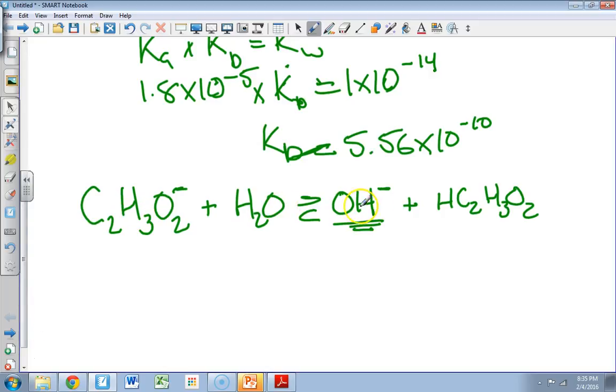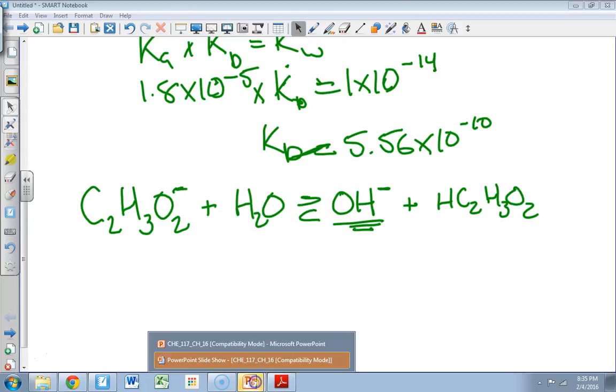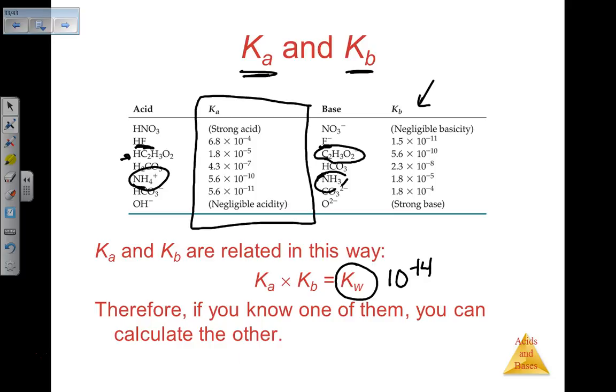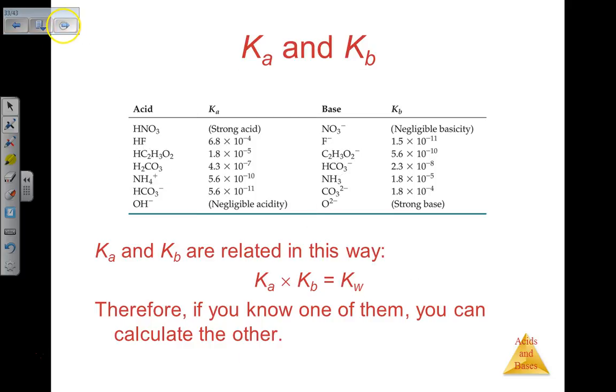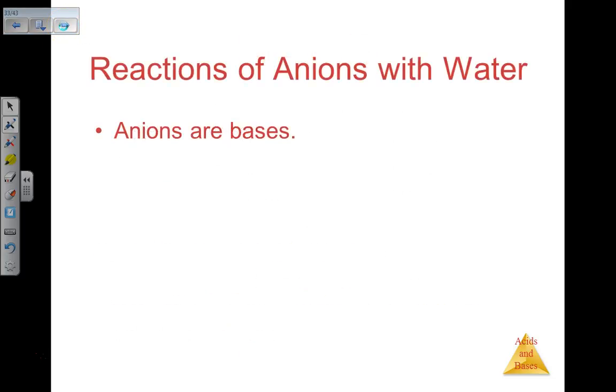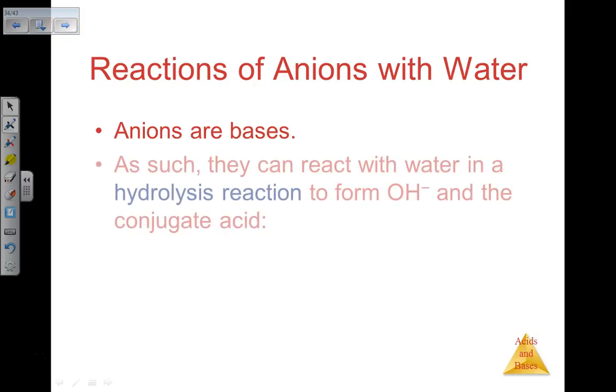Base plus water gives us hydroxide plus the conjugate. Okay? So, keep that in mind. Now, as we move along, let's look at something really quick. Okay? And so what happens is if we have a conjugate all alone, so an anion,